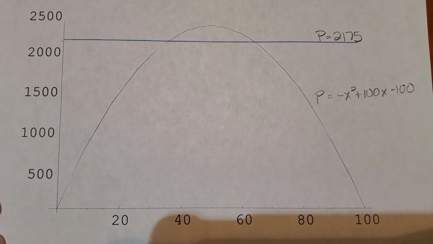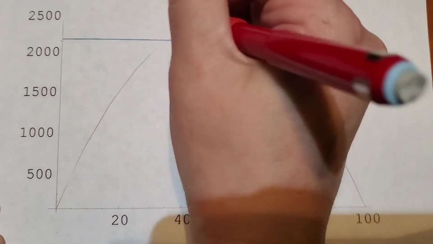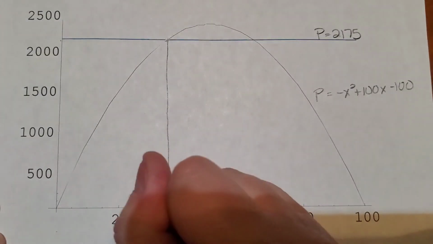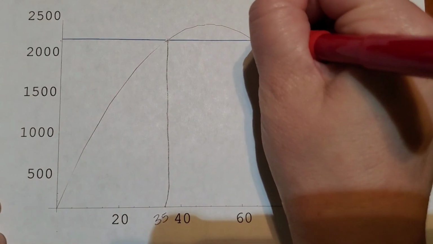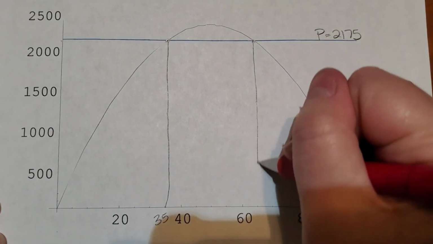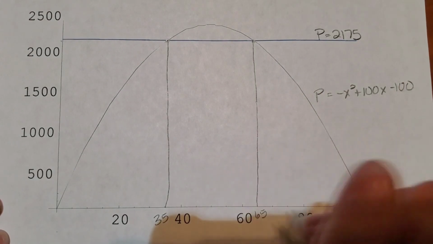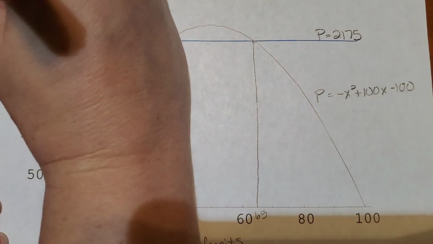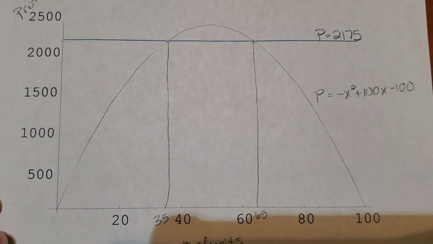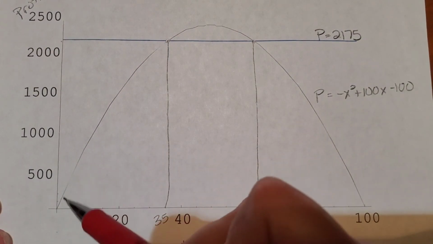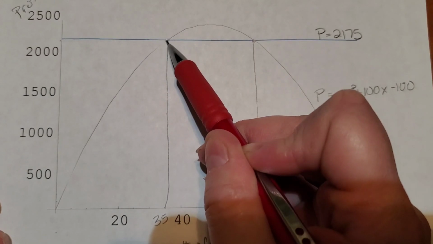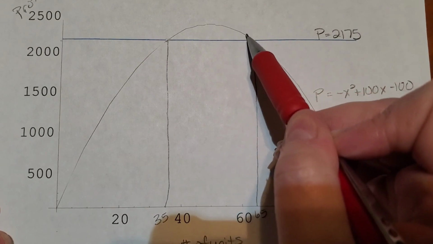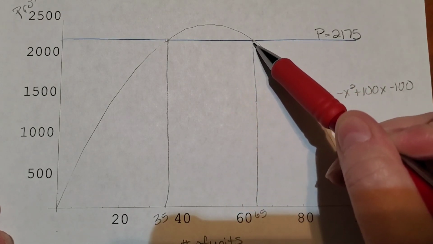And so notice we have a profit of 21.75 on our function, on our curve here, which happens to be at 35 units. And here, which happens to be at 65 units. Because remember, our X was the level of production, the number of units. And our Y, or our P, was the profit. And so as our profits start to grow, they hit 21.75 at 35 units, and then they continue to their peak, and then they start coming back down, and we hit 21.75 again at 65 units, and then